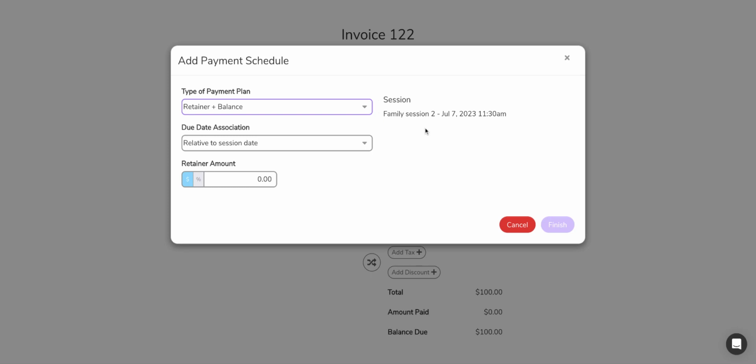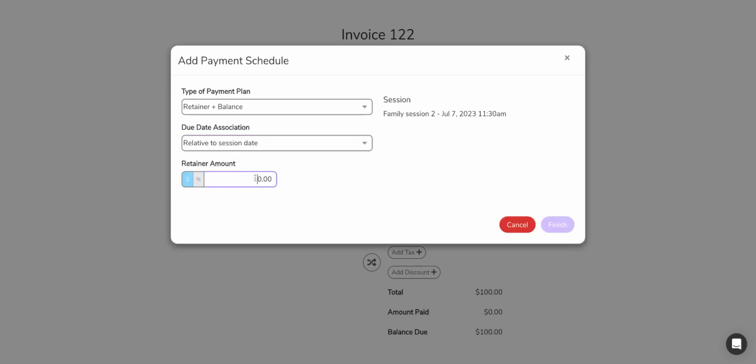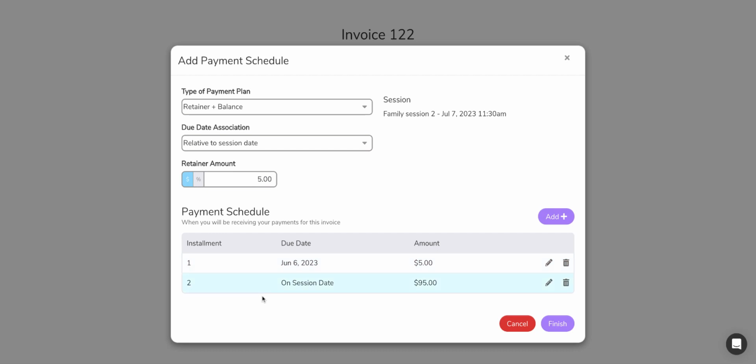As you can see over here, there is the session date that this invoice will be tied to. The due date association, you can have it relative to your session date or relative to your invoice issue date. For this one, we're going to do session date. So I'm going to say my retainer balance here is $50. Once I've put in that amount, I just click outside of the box